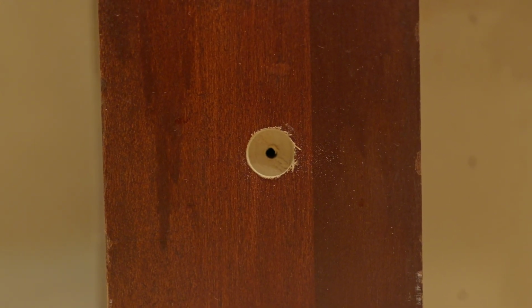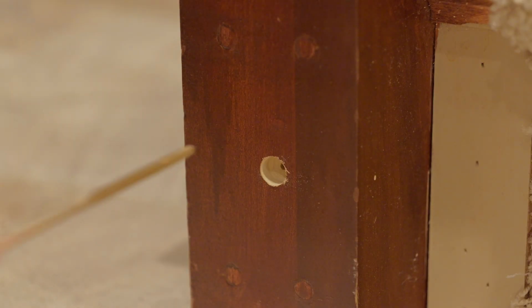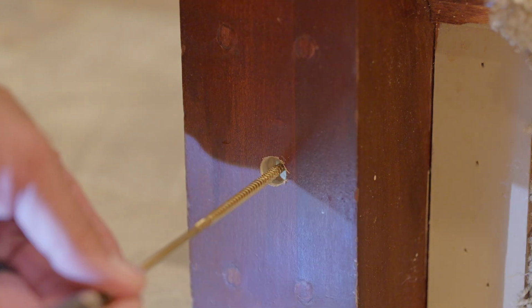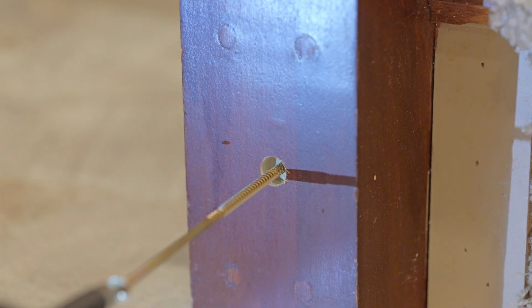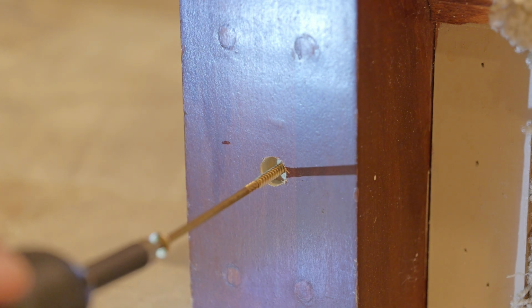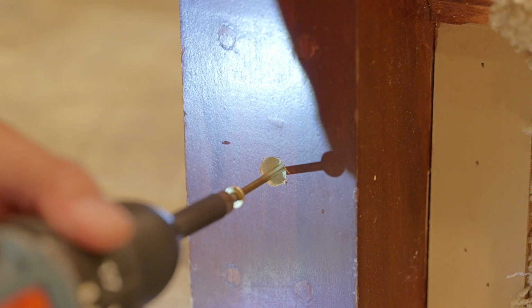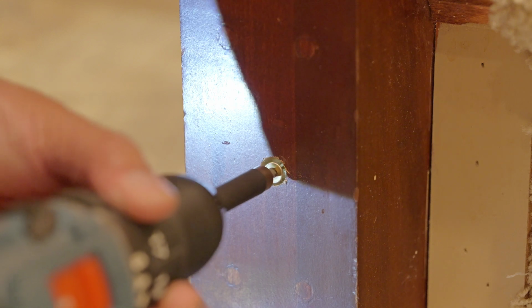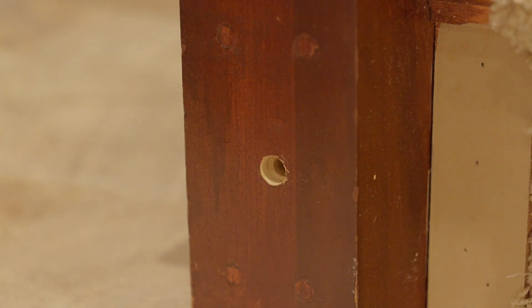Now we're going to take our 6-inch screw, insert it in there, and drill all the way through. Now we're going to take our screw, got it in there. And there it is. And as you could see before, how it was shaking, now